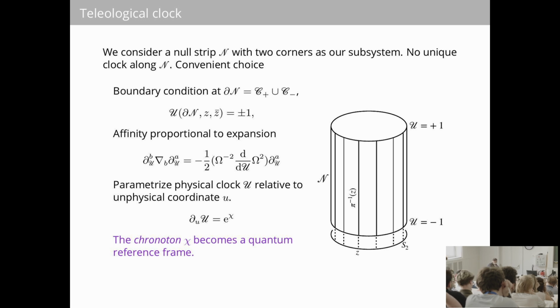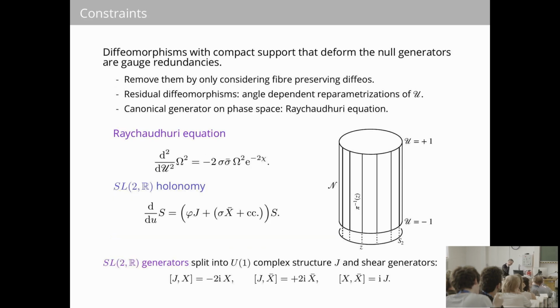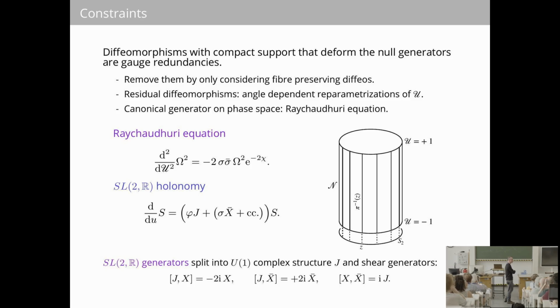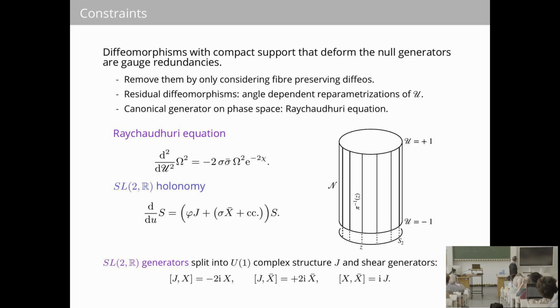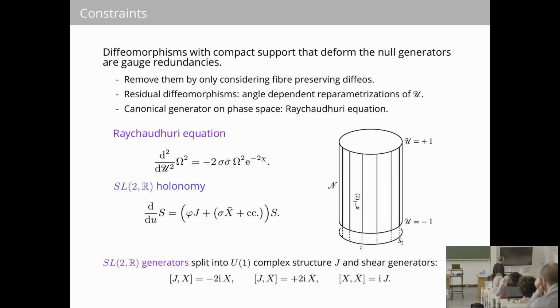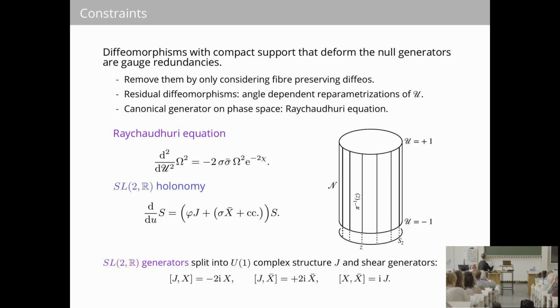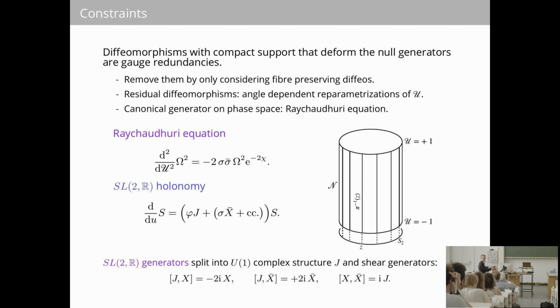And then all these variables need to satisfy certain constraints. This is now an important point. The other one is just kind of kinematical. And this equation is one of the Einstein equations, one component of the Einstein equations, and it's in fact the only constraint that you need to impose on these kinds of variables. This is the so-called Raychaudhuri equation, and it tells you how the area of this two-dimensional geometry